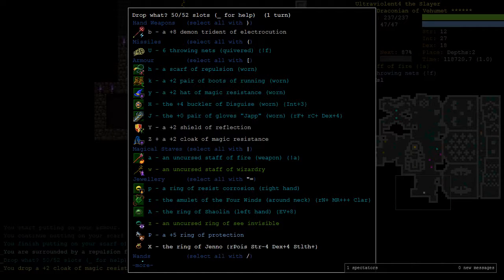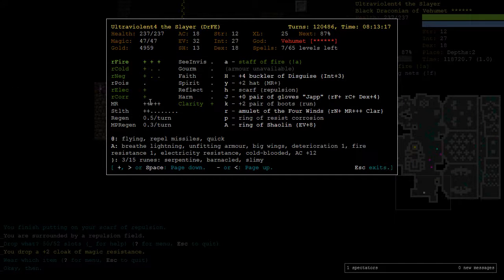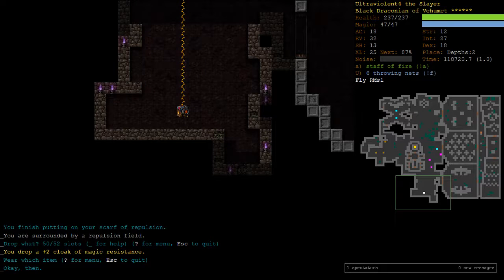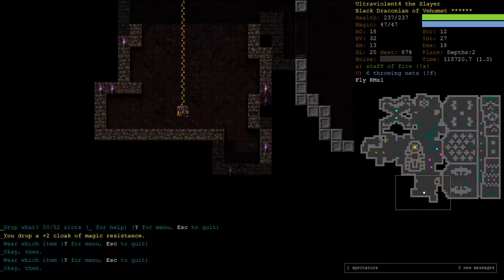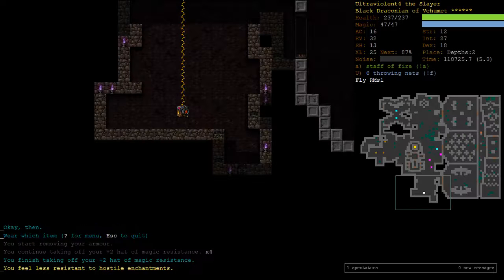Let's drop our magic resistance. I never thought I'd see this day. If you have a look, we're still on full MR. And then there's something else I wanted to do. I think I want to go to the largest shield. So we're 13 shield now. That gives us...